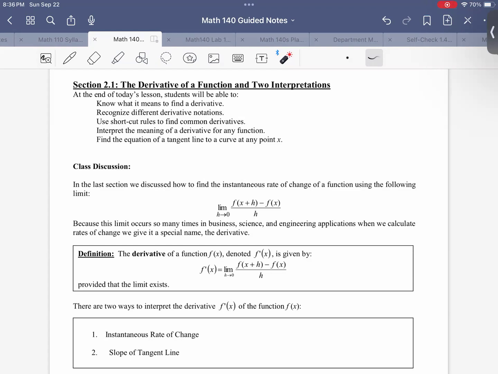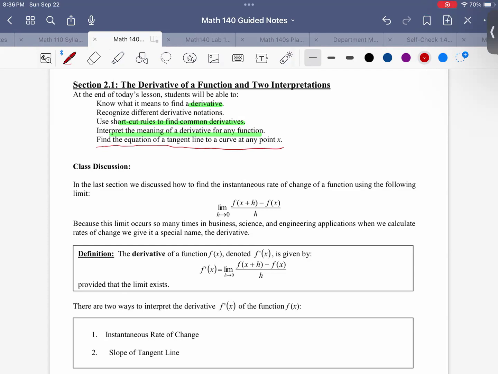At the end of today's lesson, we will be able to know what it means to find a derivative. Key big word, derivative. Recognize different derivative notations. Use shortcuts and rules to find common derivatives. That's going to be important. It's going to save us a lot of time. Interpret the meaning of a derivative for any function. And what we're going to learn is to find the equation of a tangent line to a curve at any point x. Last class we were learning the notion of a tangent line, what it means, instantaneous, and we can use derivatives now in our tools that we're going to learn to be able to find that equation